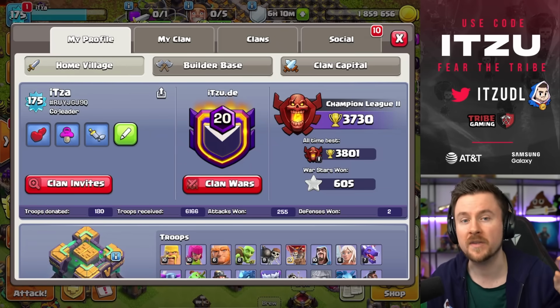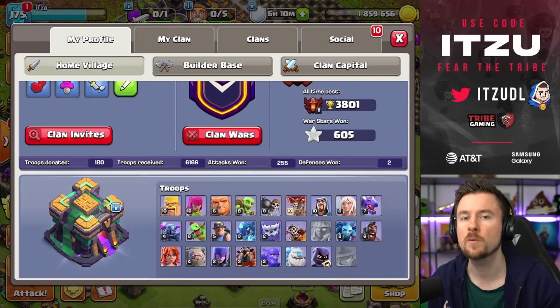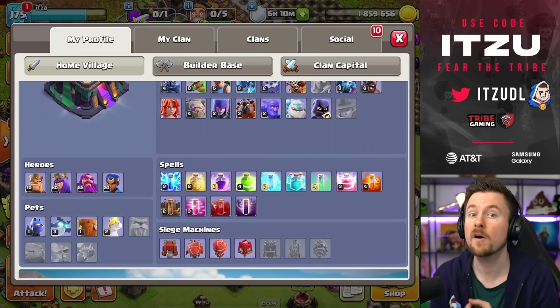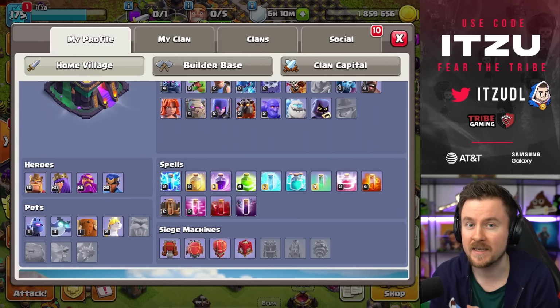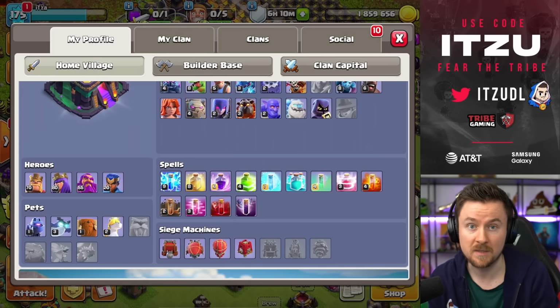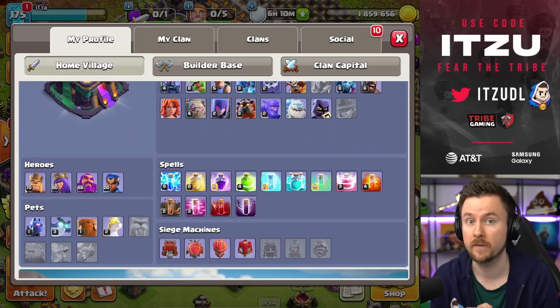So we have started with the hero level of 47 on my King, 74 on my Queen, 33 on my Warden, and 13 on my Royal Champion. We are right now on 70 on my King, only 10 levels away from being maxed out. We have level 80 Queen, being maxed out for Town Hall 14. We have 55 Warden, which is as well maxed out for Town Hall 14. And we have level 21 Royal Champ, which I think is 4 levels away from maxed out for Town Hall 14. So we can already get closer to Town Hall 15 because we are nearly maxed out on heroes,